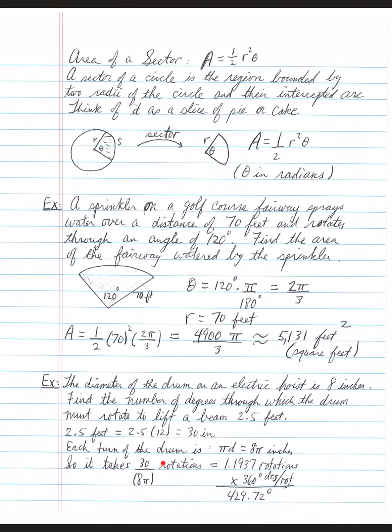It's going to take 30 divided by 8 pi rotations to make the total lift of 2.5 feet. So the total lift divided by 8 pi, which is the distance covered in one rotation of the electric hoist, tells us that we have 1.1937 rotations that the drum must make. Each rotation has 360 degrees, so it's got to go just shy of 430 degrees